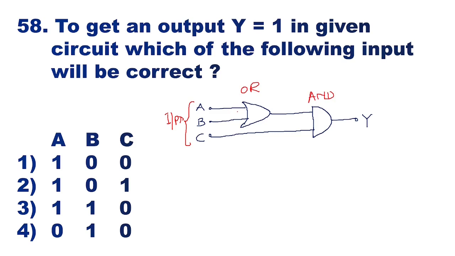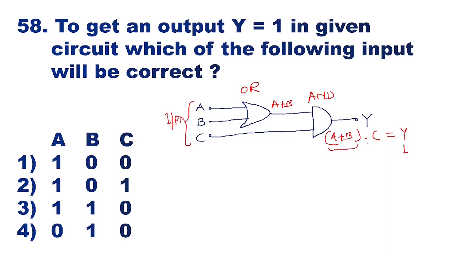Now the output of this OR gate will be, the OR gate is having two inputs, A and B, so the output will be A or B. The output of this AND gate will be, A or B is one input and C is another input, so the output for the AND gate will be (A or B) into C, which is equal to Y. Now for Y is equal to 1, which is the condition asked in the question, it is important that